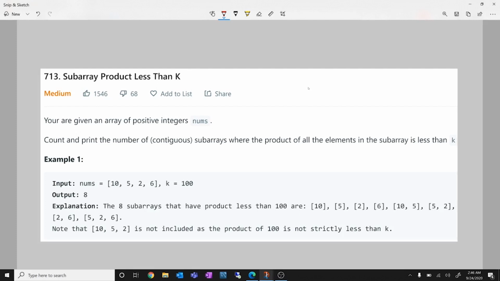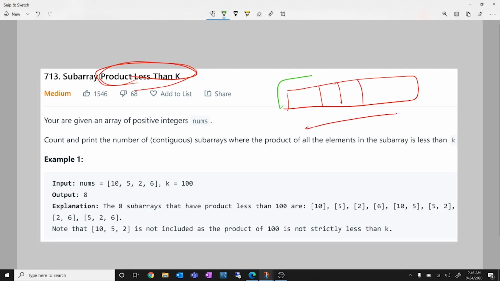What the question is asking is that we have to find the number of subarrays whose product is less than k. What does this product less than k mean? The product of all the elements in that subarray. Let's also discuss what a subarray is. A subarray is any smaller part of the entire array which is contiguous. So this is a subarray, right? Similarly, this is a subarray. This entire array is also a subarray. We have to find the total number of subarrays whose product is less than k.